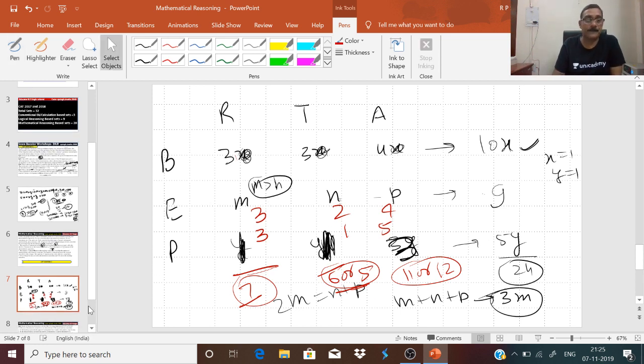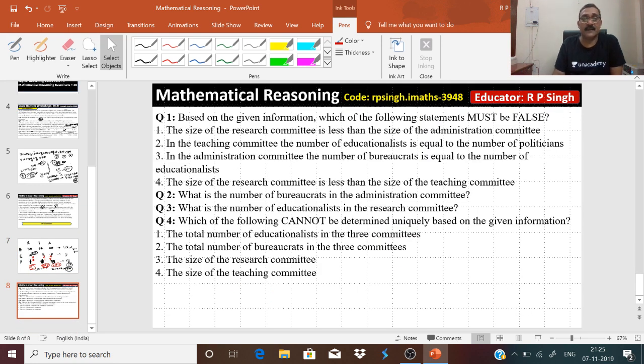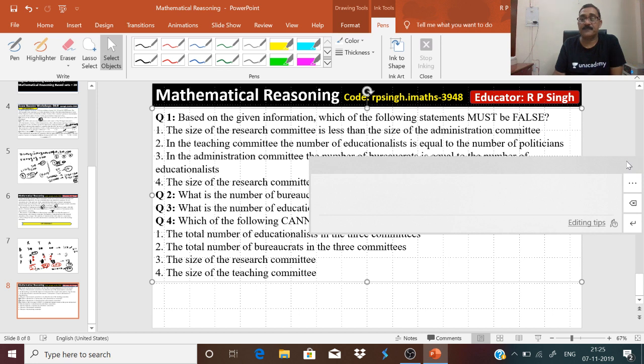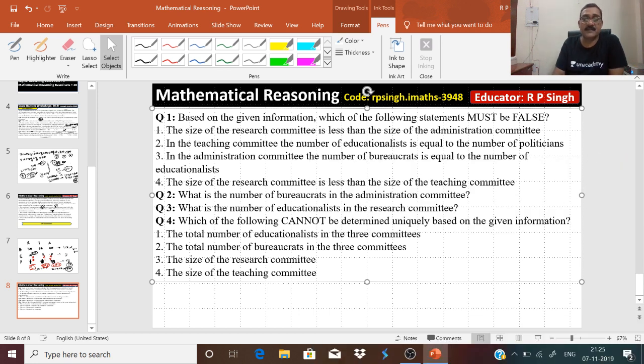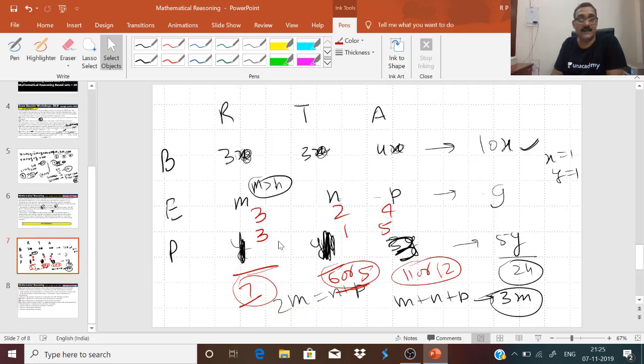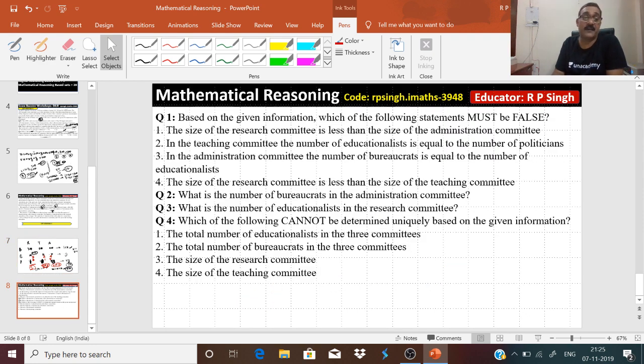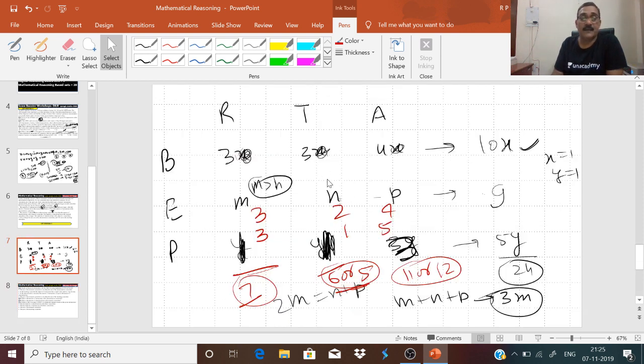What is the question? The question is, based on the given information, which of the following statements must be false? The size of research committee is less than size of administration committee. Check. Research committee less than administration committee. It is true. And you have to find out which must be false. Teaching committee, in teaching committee, the number of educationists is equal to the number of politicians. Teaching, number of educationalists and number of politicians. Yes, in one case it is 1 also, so 1 and 1,